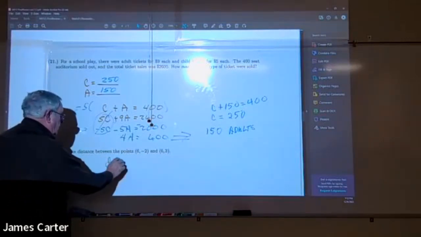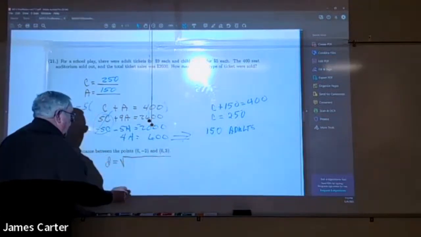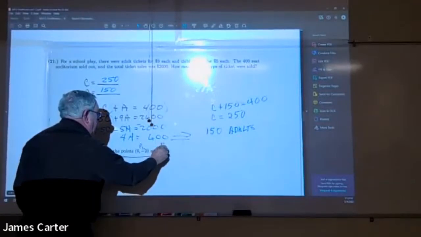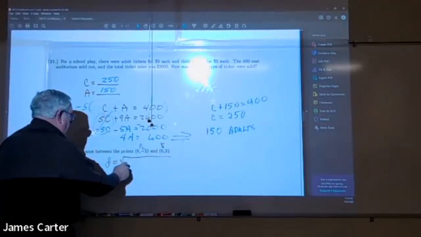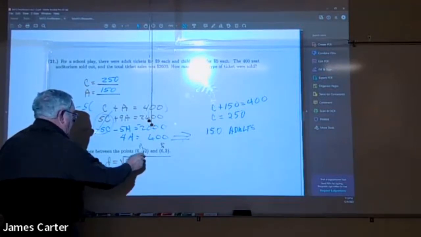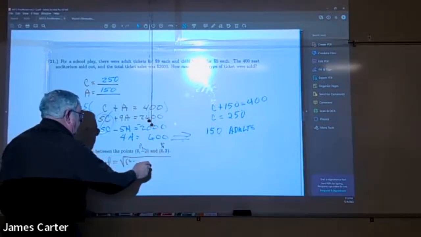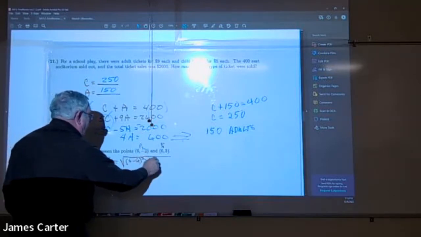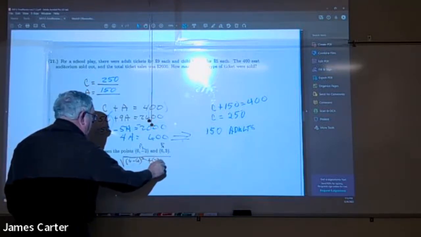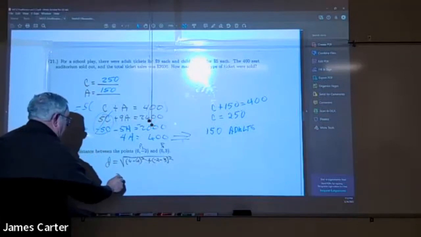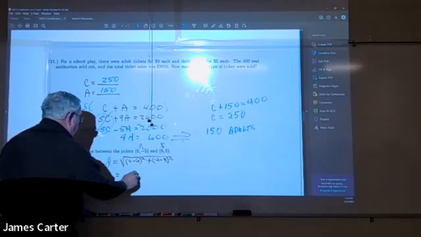Distance equals square root of, I'm going to call this point 2. I'm going to call this point 1. Okay, so I'm going to take x value of the first one, or of 2, minus x value of that one, square it, plus y value of this one minus y value of that one, square it. Okay, that equals, in this case, 0 squared